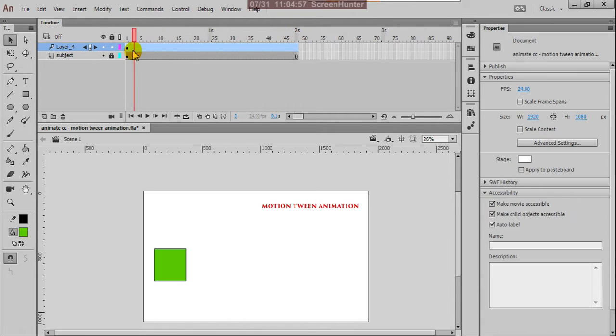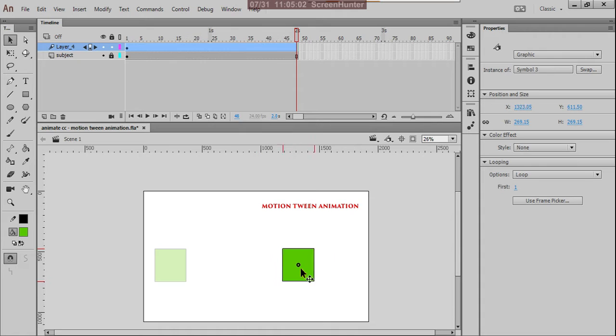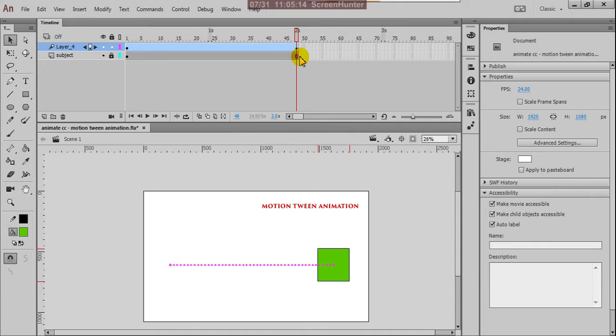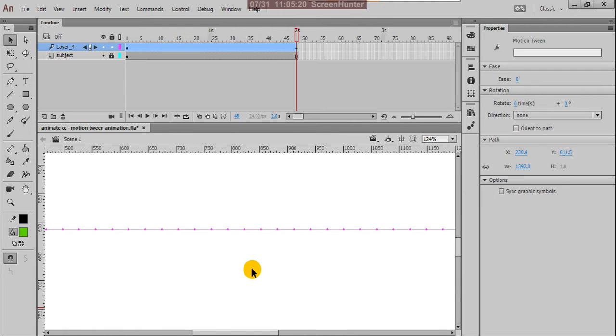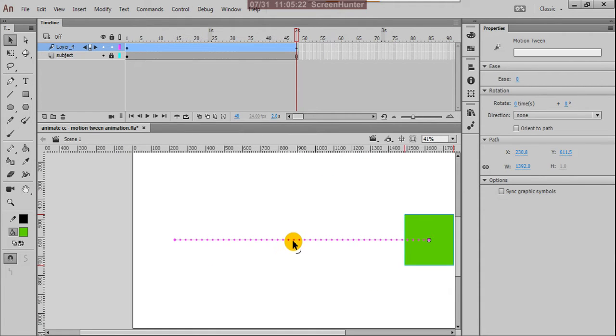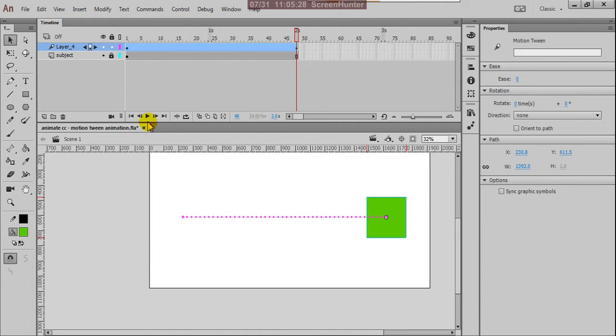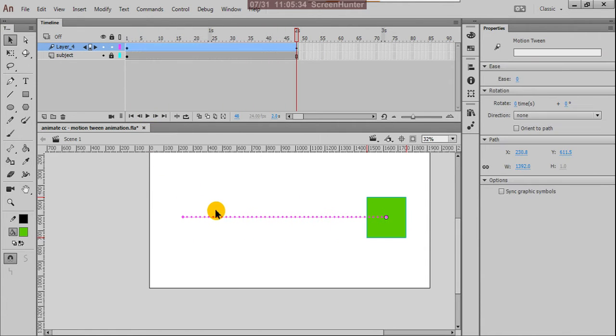Yes, already it is there. Here at this place, what I am doing is selecting this and moving this box to this side. Now observe here on the timeline, there is a spot like a star type, one frame is created. And on stage, if you observe the pink color, these are the tween, this is the tween created. And if you click this play button, it is moving. Very nice. Suppose you click Control Enter,